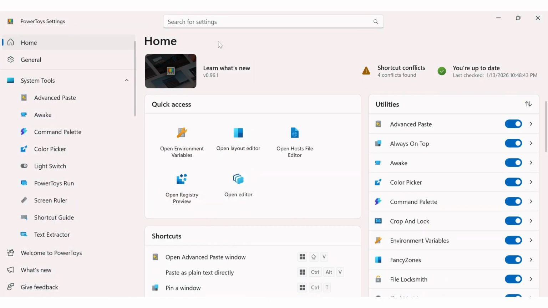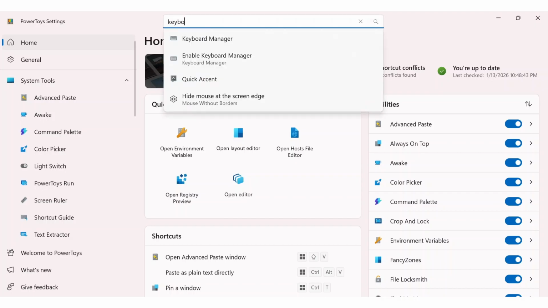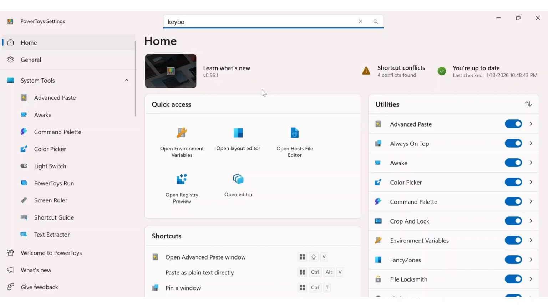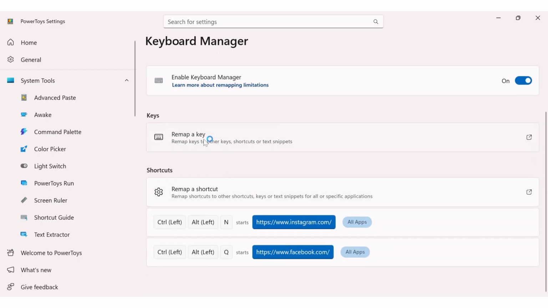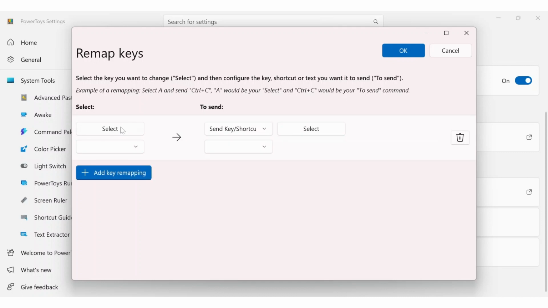So you gotta go to the search bar at the top and type in keyboard manager. Basically, you gotta enable your keyboard manager first. So you'll be able to see a toggle button right next to it and then you gotta simply toggle your keyboard manager. After that, you gotta click on remap a key and then click on add key remapping, click on